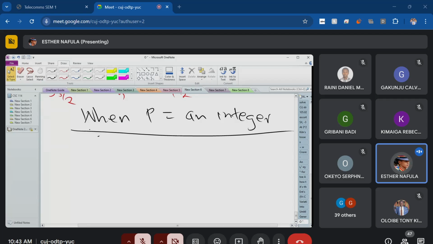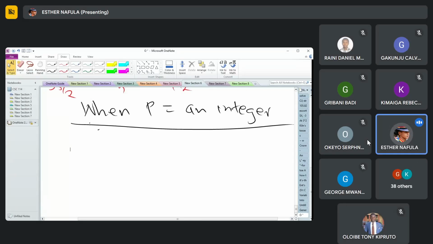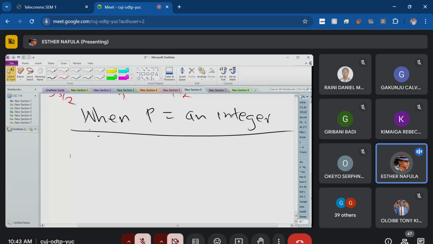The thing is, you take the only solution that you have, which is e to the lambda something, and multiply it by a constant, which is not a normal constant but a function of x. Say u of x times the solution you had, then check what u of x needs to satisfy for it to be a solution to the differential equation. We apply a similar technique. So when p is not an integer,